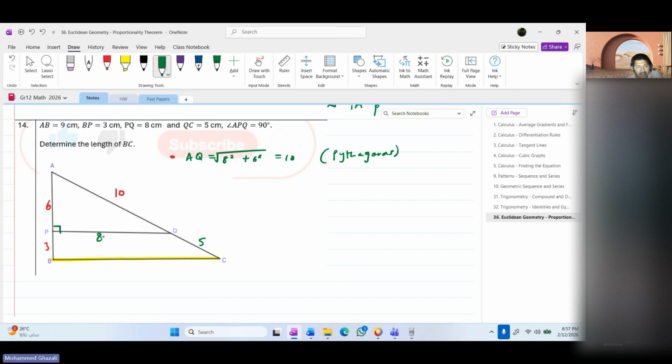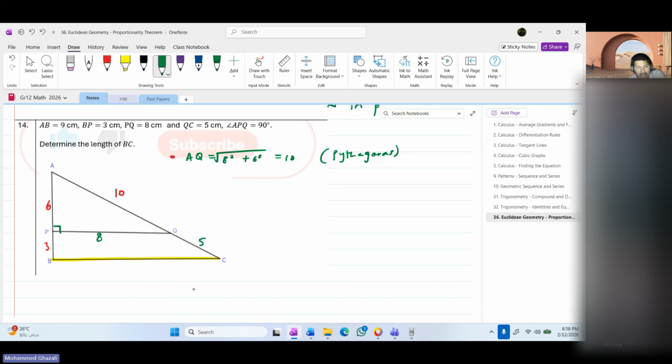If I can get this to be 90, then it is possible. But how can I get that to be 90? Okay, watch. This is where we're making a mistake. In order to get angle B to be 90, remember this side is already 15 and this side is already 9. But I need a 90 degrees to use Pythagoras. That's why I'm stuck. Now in order to get angle B to be 90 degrees, I need to prove